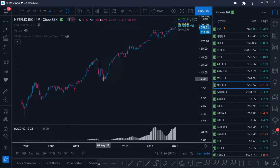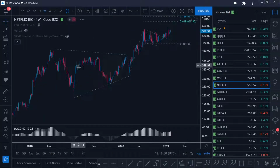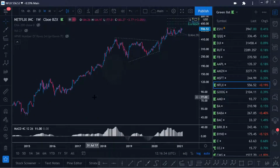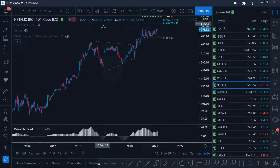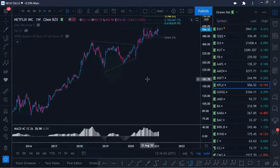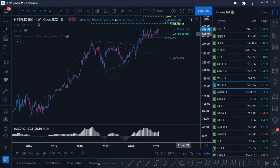Monthly, you can see how far we've come before in decent structure. Zoom down to the weeklies. All we really have is this big impulse and a triangle that is really small. It's really short in comparison to the upside, so we can't even really look at that as a complete structure. But even if we do look at it as a complete structure, we are sitting again really in that maximum